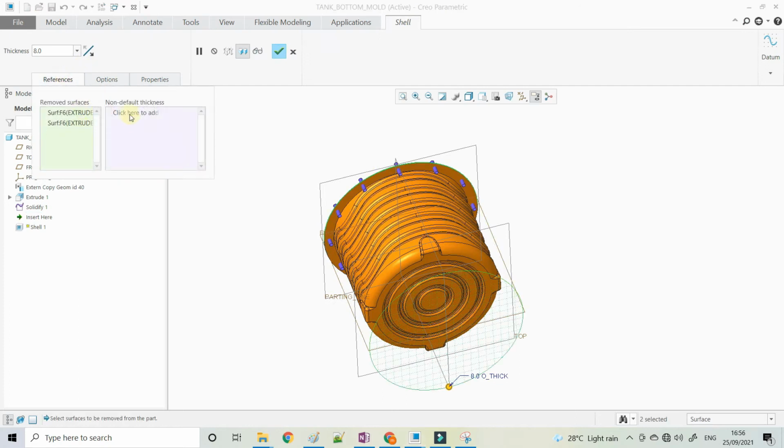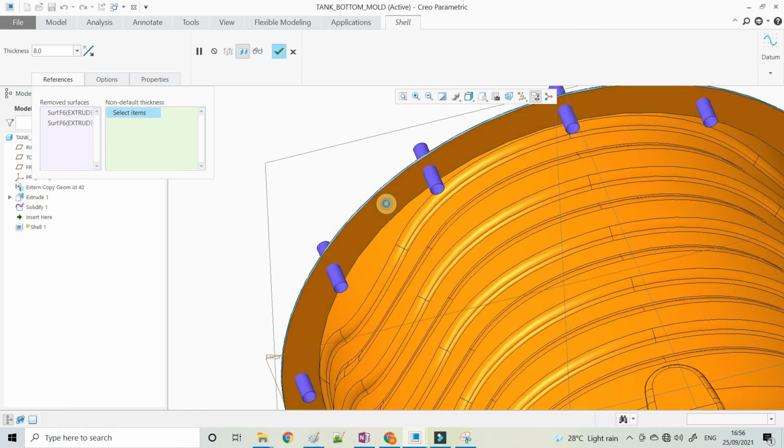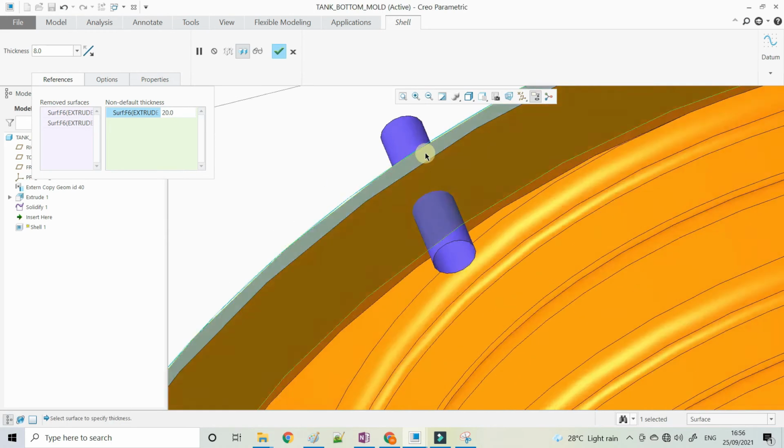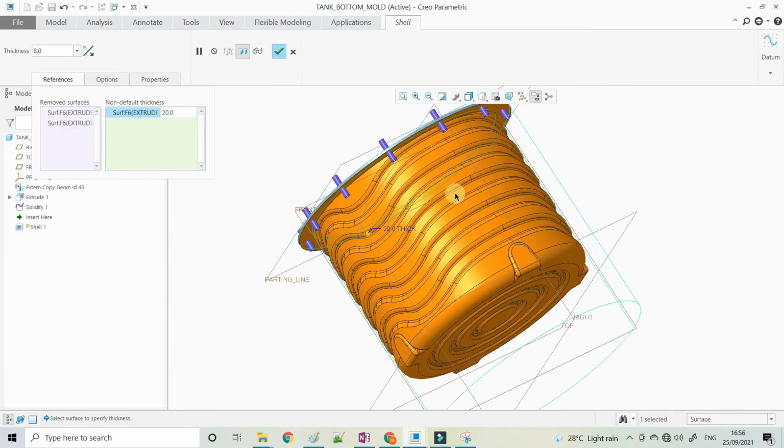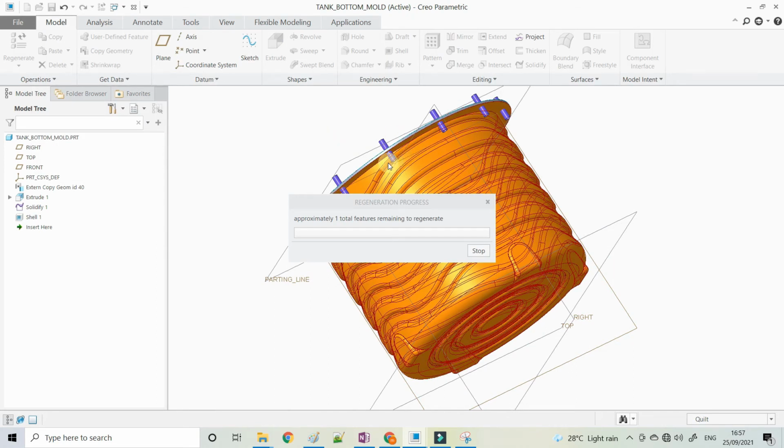In the reference, you can go to non-default thickness and select the flange surface. So for the flange surface, we are adding the variable thickness. We want 20 mm, so instead of 8, you can type 20. Now you can see that the flange thickness has increased to 20 mm, and for all the remaining surfaces it is 8 mm thickness. So that is our requirement: 20 mm is the flange thickness and 8 mm is the mold thickness.